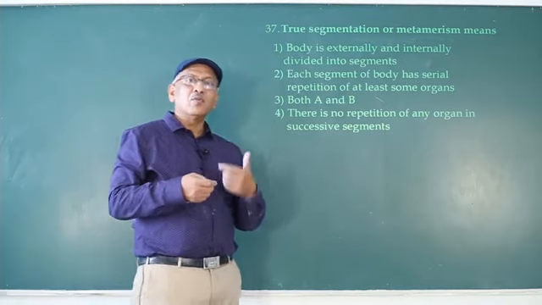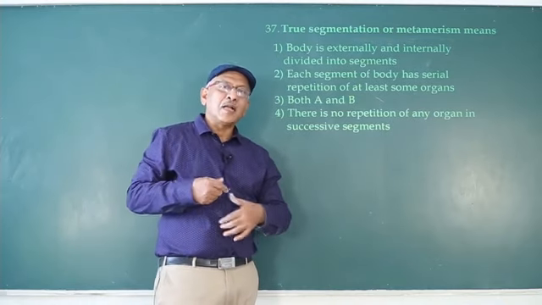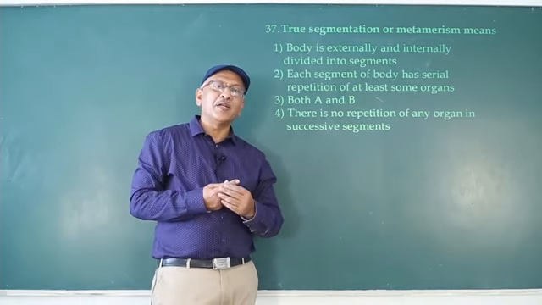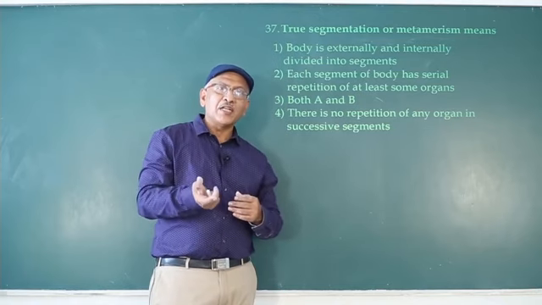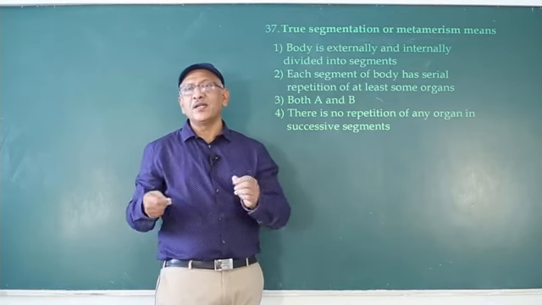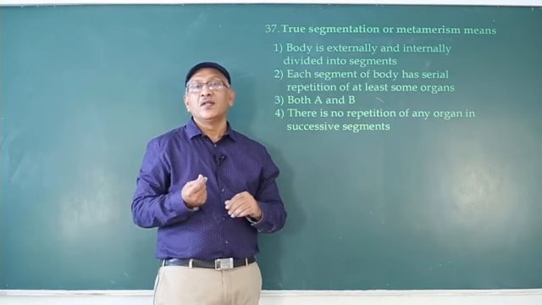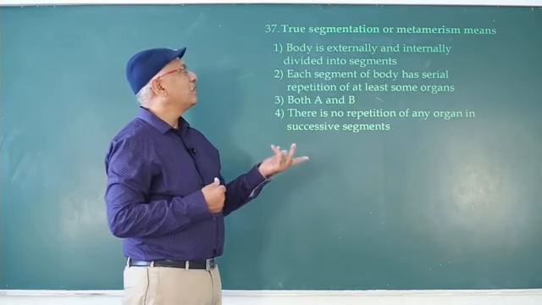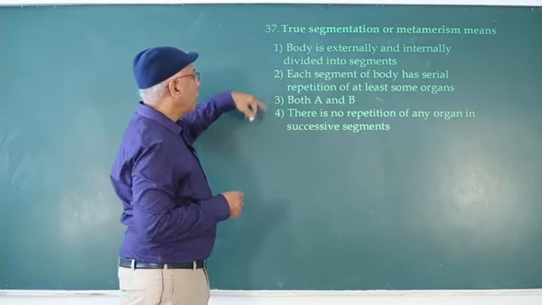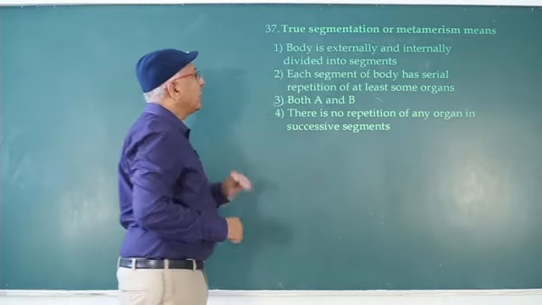In the same manner in Arthropoda also, body parts are repeated. In Chordata also, body parts are repeated. Trunk muscle, the 6-pack, they are repeated. In our body, vertebrae, 26 vertebrae, are repeated. Spinal nerves are repeated. So that is known as metamerism. So the answer is both A and B.